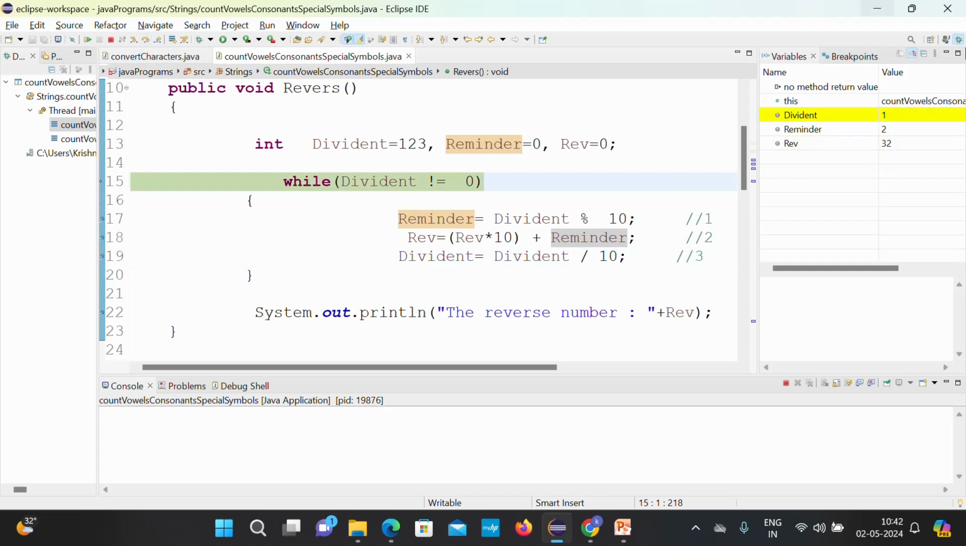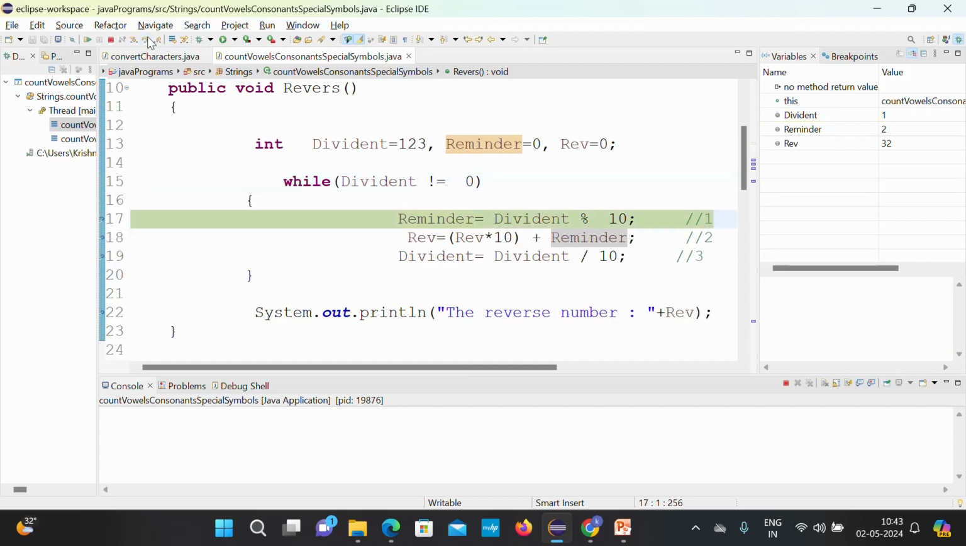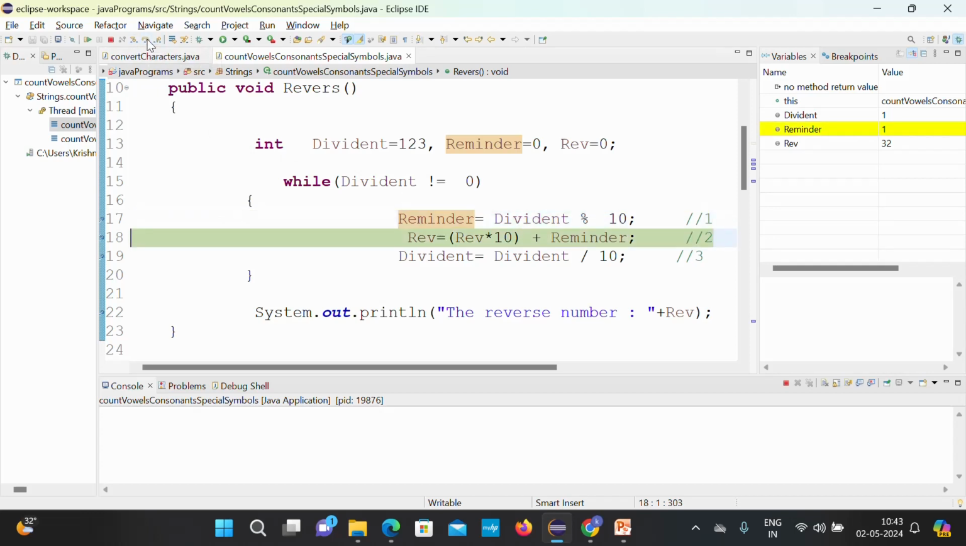And once again it will check the dividend is 1 and 1 is not equal to 0. Okay, condition true, and it will check 1 modulus 10. 1 modulus 10, is it divisible? No, it's not divisible. So the remainder is 1, and it will calculate the reverse number. Already 32 is there, 32 into 10 is 320 plus the current iteration remainder. What is the current iteration remainder? 1 is there. That 1 will be added to 320. Then the final output is